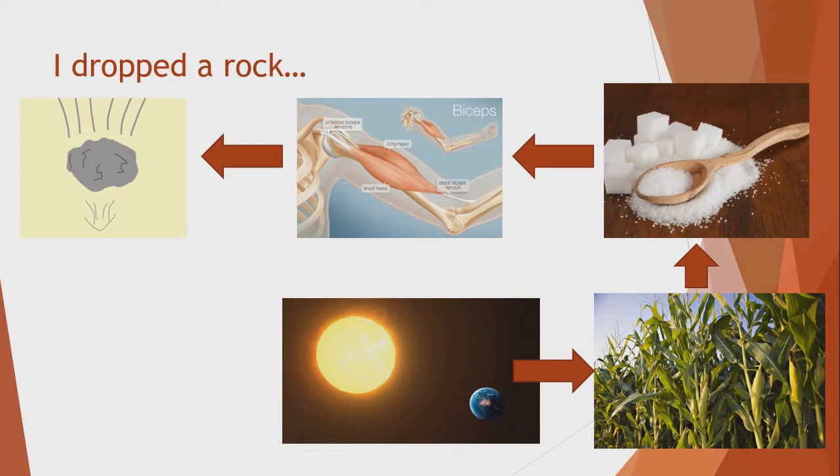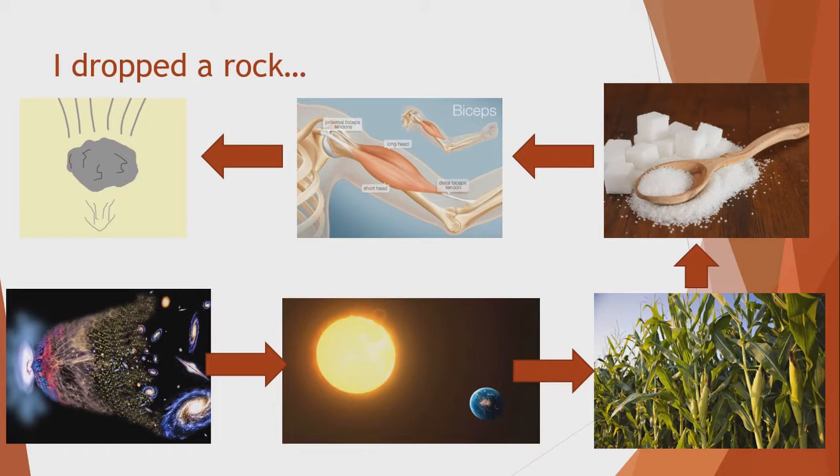And ultimately, we can trace back all energy in the universe to the Big Bang. There's no good explanation of where all this energy came from in the Big Bang. That's kind of what it points to. We also say there's the law of conservation of energy, but the Big Bang seems to break that law, because presumably before the Big Bang there was no energy and then there was a lot of energy.